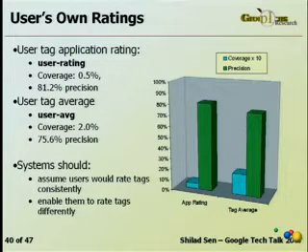So here's what we found about what we can infer from a user's own ratings for a particular tag. If we take the most naive reading of a tag rating, so if I rate the tag phone booth for The Matrix, and we just take that as meaning that I don't like that particular application of that tag, we get a very high precision rate, 81%. Unfortunately, any particular user has not rated very many tags, so the coverage of that algorithm is very low. Only 0.5% of the survey responses were associated with a particular tag rating.